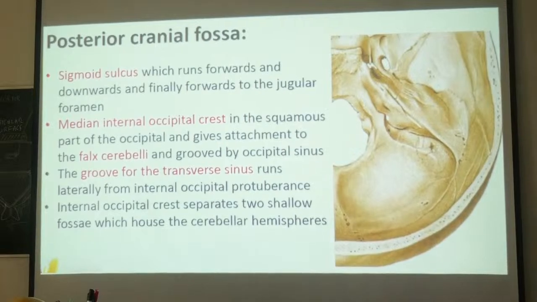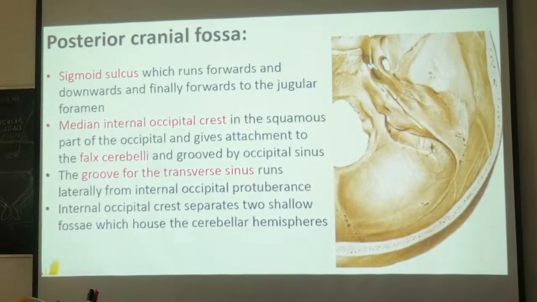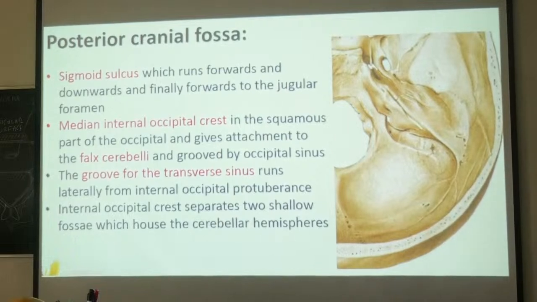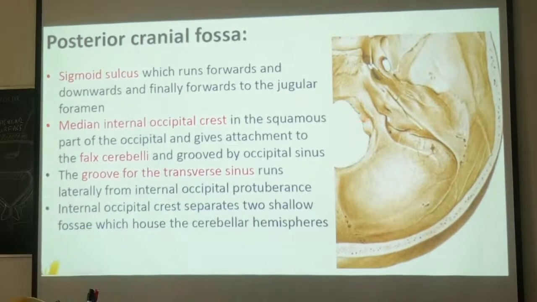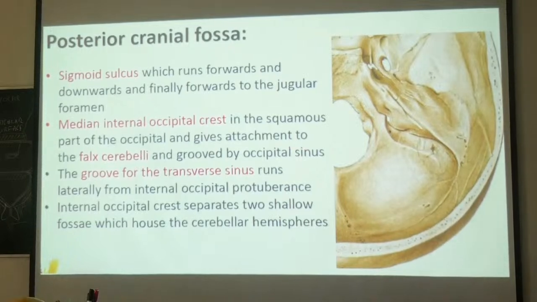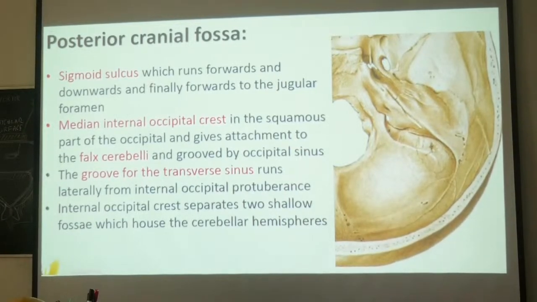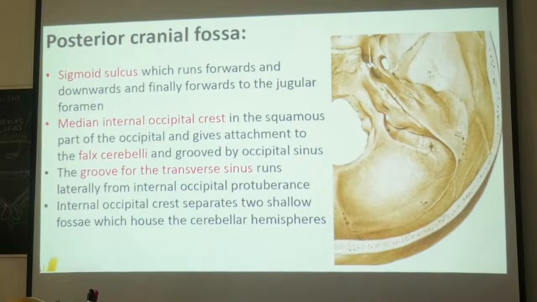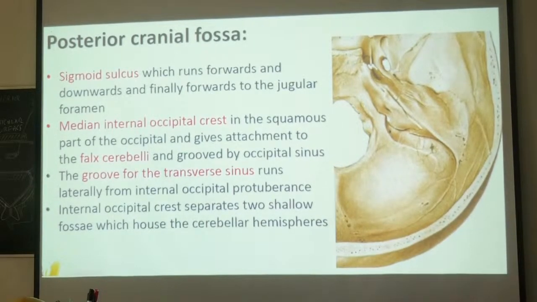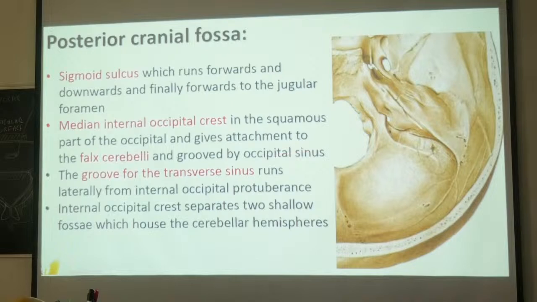Then the median internal occipital crest, this midline crest here, is known as the median occipital crest in the squamous part of the occipital bone. It gives attachment to the falx cerebelli. Falx cerebelli is a dural fold separating the two cerebellar hemispheres. In this part it is grooved by one sinus that is known as the occipital sinus, and the groove